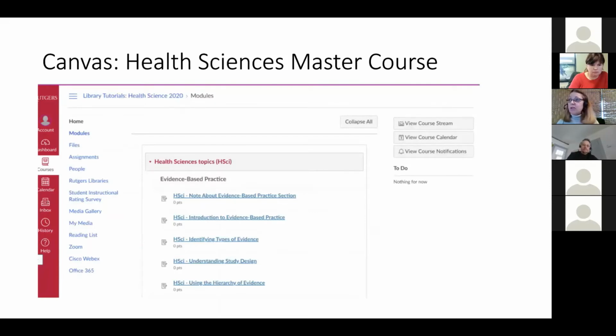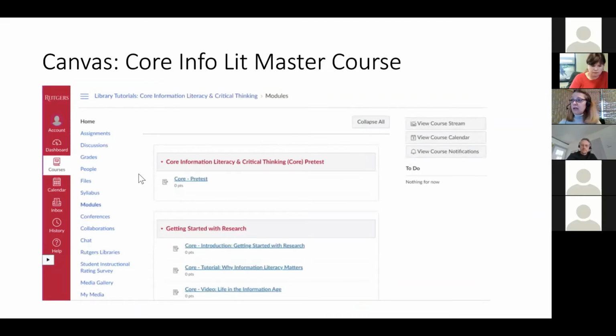So the health science master course in Canvas, here you see the portion about evidence-based practice. And here is a screenshot for the Core InfoLit master course: getting started with research, why information literacy matters, life in the information age. There is overlap with content that we get from NimblyWise, but not